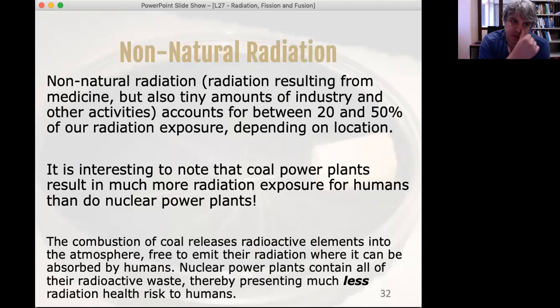Non-natural radiation, as I mentioned, is mostly from medicine, but occasionally small amounts from industry and other activities. And it's between 20 and 50% of your radiation exposure, depending on where you live. It may be more if you're getting less of the natural radiation from things like radon, so it may account for more. It is interesting to note that coal power plants are actually far worse for radiation damage than nuclear